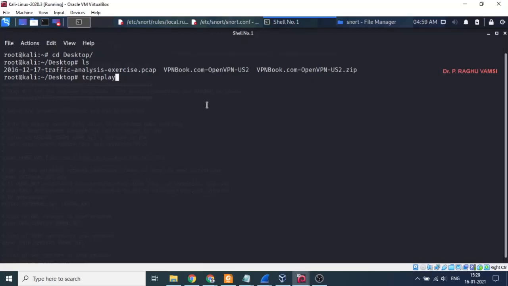So this traffic analysis exercise PCAP file is already generated, somebody has done this traffic generation and the PCAP file was created. But now I am running it as if it is happening on my computer. So for this we require a tool called tcpreplay.